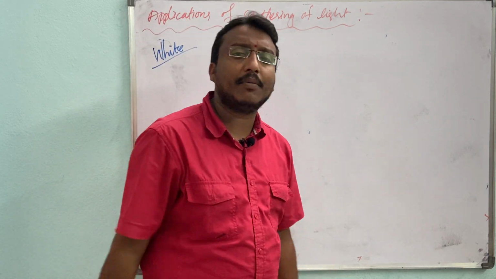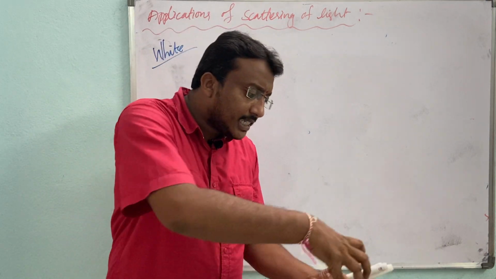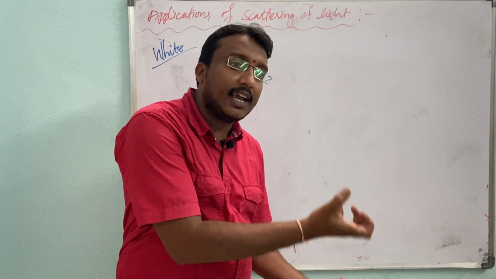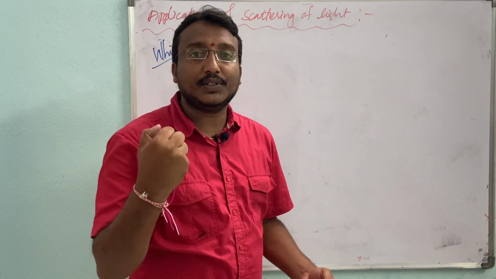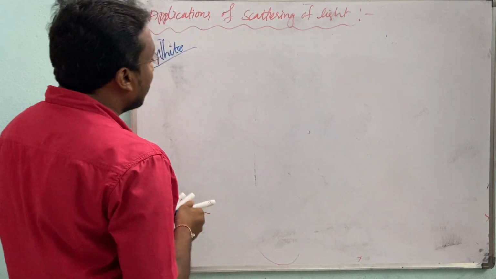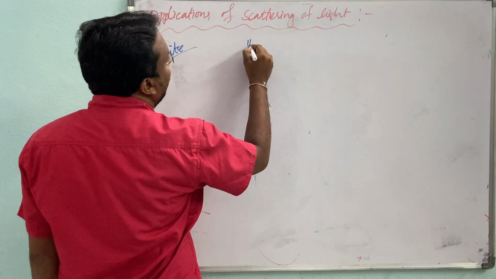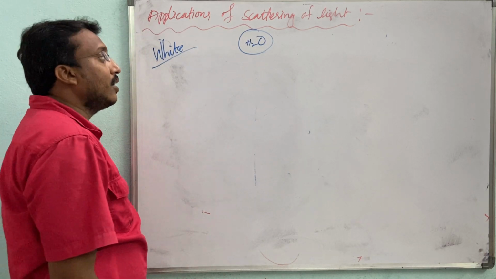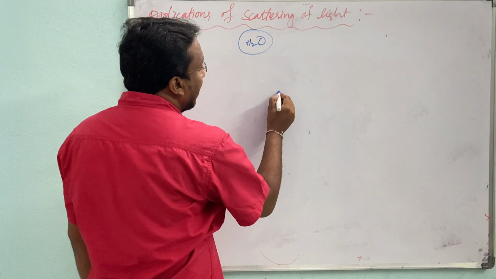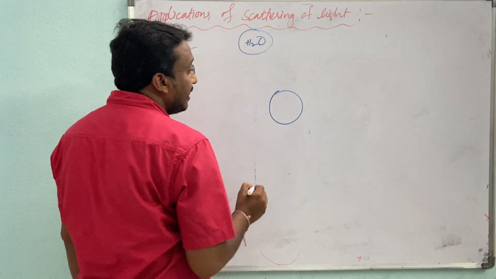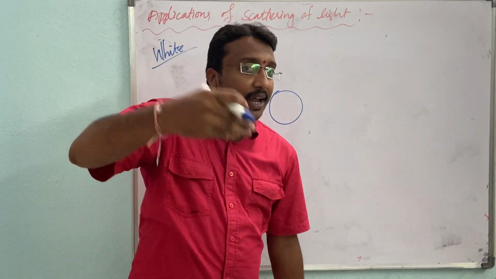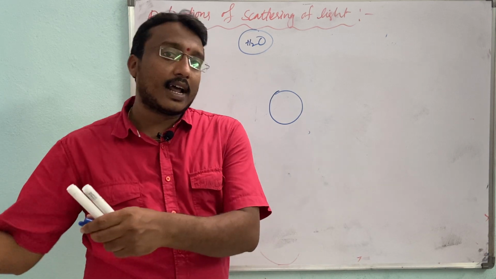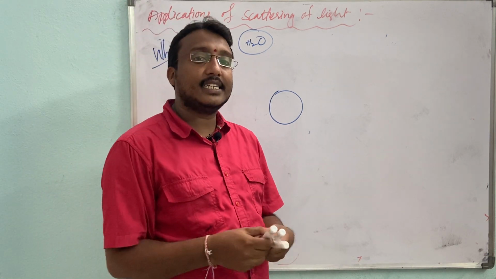In summer noon timings, much evaporation takes place. Due to that reason, a larger amount of water droplets are present. The size of the water droplet is much greater than the remaining molecules like oxygen or nitrogen. Due to that reason,